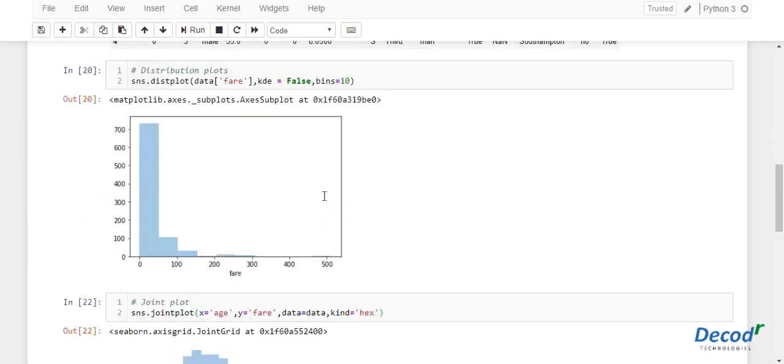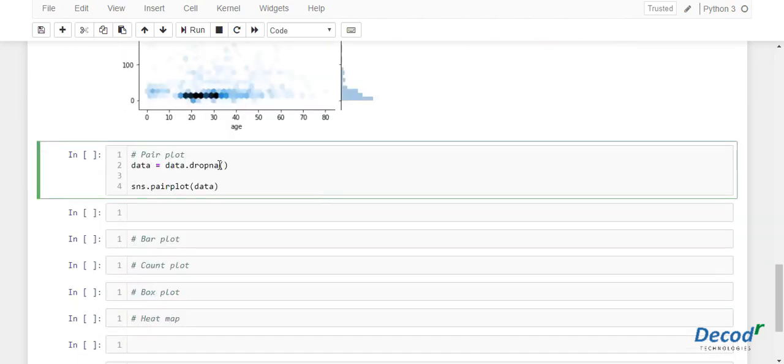Let's take 3 columns. So for that, I'll just make data1 equal to data of survived, and let's keep age, simple to remember, and fare. Yes, if we run and then change this accordingly to data1,